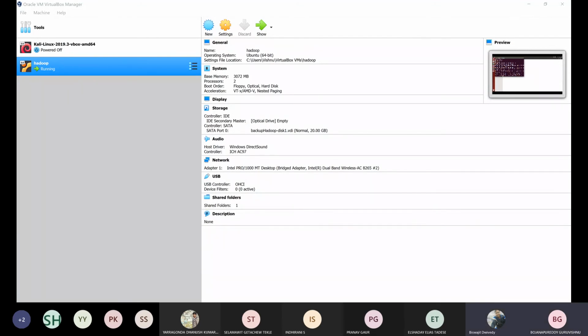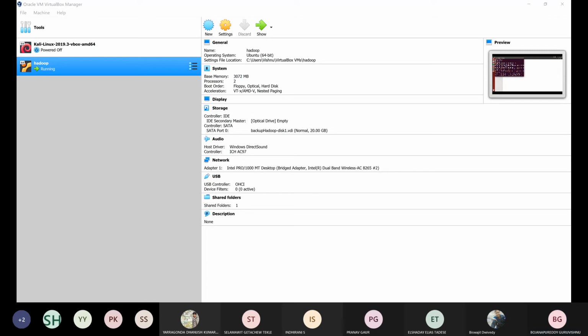What is the specification of your system? Windows 10, 16 GB RAM. The problem is not in my system but in VirtualBox, which I didn't update because I don't have the product key for the latest version.